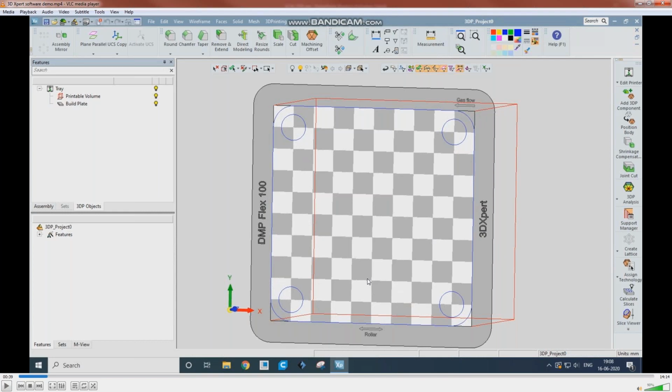Why I'm stressing these points is that once the roller has swiped, whenever it is going back, it may damage the build part. So you need to orient the part in such a manner that it doesn't damage the part. Orientation plays a crucial role here.